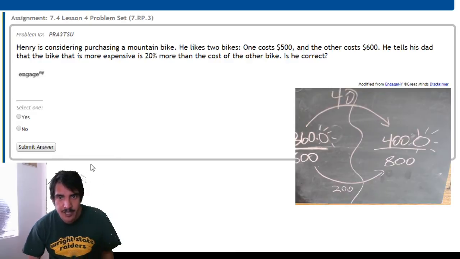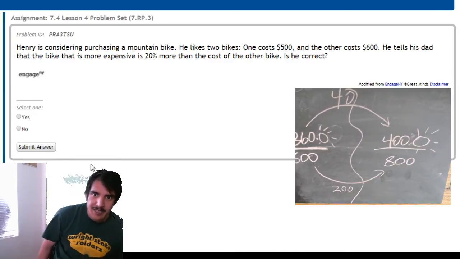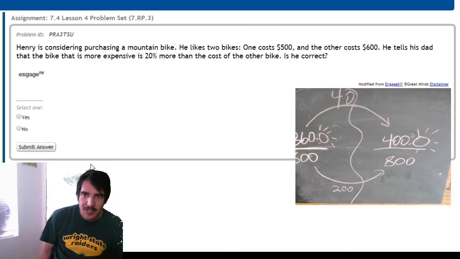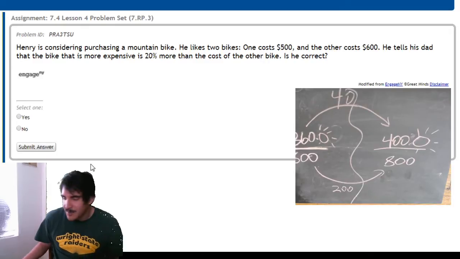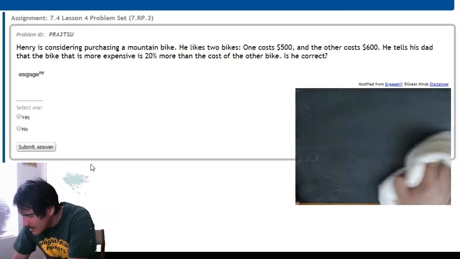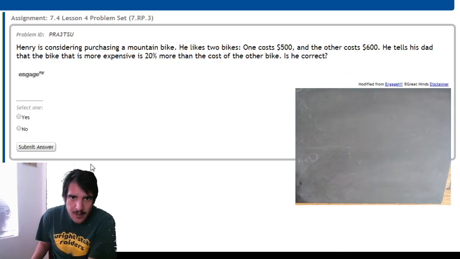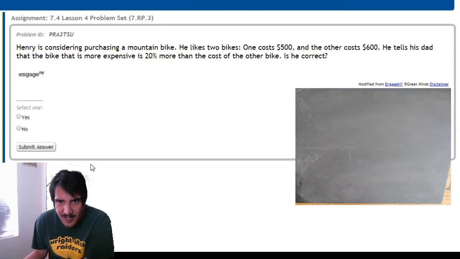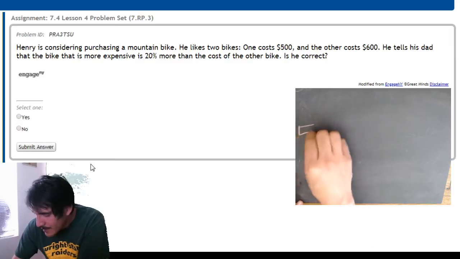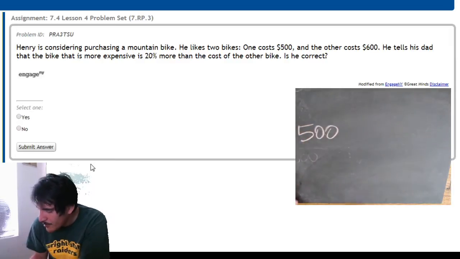Henry is considering purchasing a mountain bike. He likes two bikes. One costs $500 and the other costs $600. He tells his dad that the bike that is expensive is 20% more than the cost of the other bike. Is he correct? So the one that is more expensive is $600. So he's saying, hey, the $500 bike,